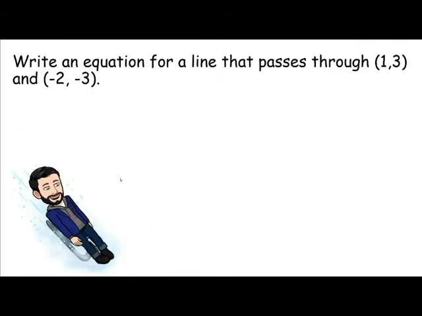The other thing that's cool about this is if we know any 2 points that are on that line, we can still find the equation of that line using the point slope formula. Remember, when I use the point formula, the slope formula, I need a point and I need a slope. But I'm not given the slope in this example. The good news is I can actually calculate my slope the same way we've done in previous lessons by using